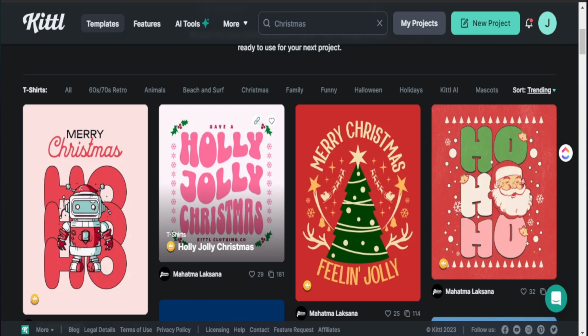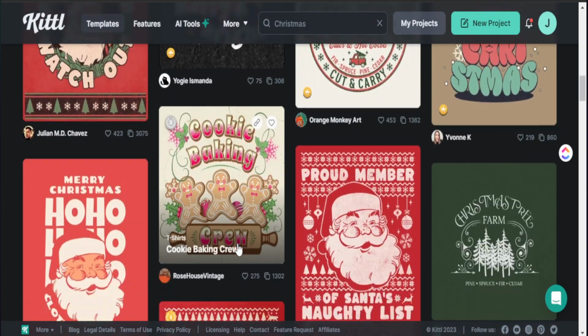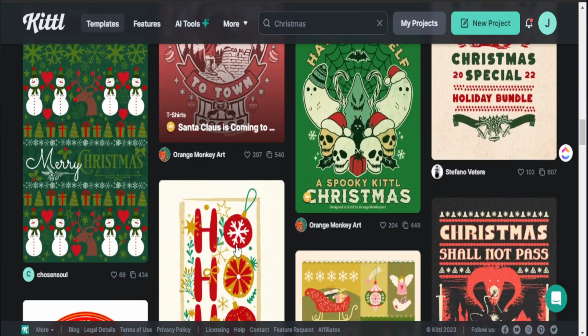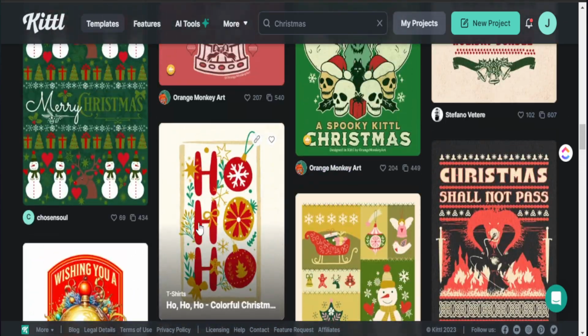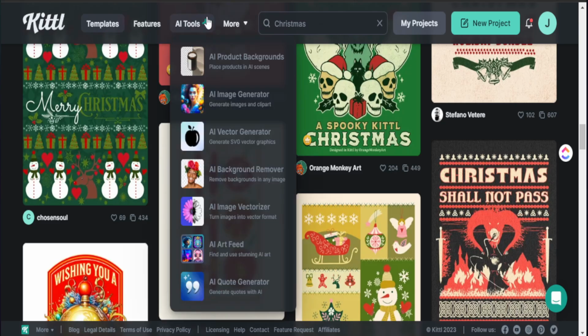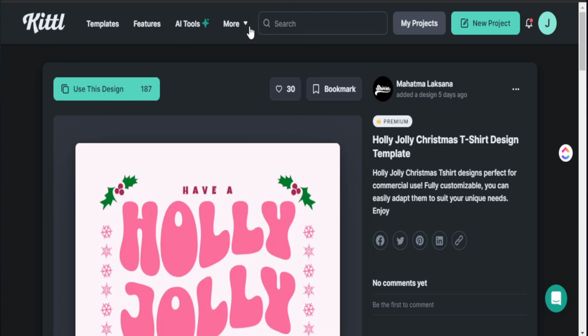So there's two I see here that I want to use. This one here, the Holly and Jolly Christmas. So I open it up in an extra tab, and I definitely want to go down here and see if I can find anything that has some type of Christmas ornaments in here that I can utilize on this design here. And I'm going to pick this one here because I think we can do something with these Christmas ornaments here on the side. So I have both of them open up here,